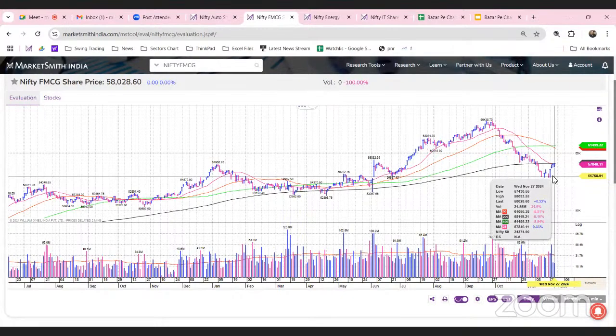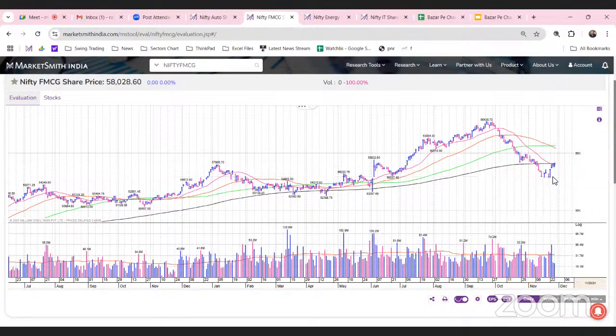But still, this 200 EMA is also acting as a resistance here. So let's see how the index is behaving and how the price action is taking place. If this 200 DMA is reclaimed with above average volume also, that also is a positive sign. Then we can feel the strength of this index. And if the index is gradually reclaiming towards upside, or it is trying to move towards upside, then obviously sentiment